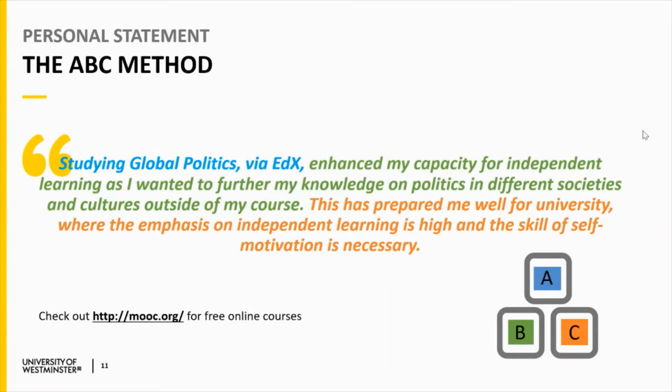So here's an example of the ABC method in action, going back to the politics example, but this time using the ABC method. This student studies an online course, so they've already shown the reader that they've taken an interest outside of the classroom, and they've done a really good job of explaining how it's benefited them. So what I would do after this is go into a bit of detail specifically about what they learnt on the course. So perhaps they could compare political differences between their own culture and the one they've studied. And if you want to take note of the website on the page, mooc.org, I'll just show you the website.